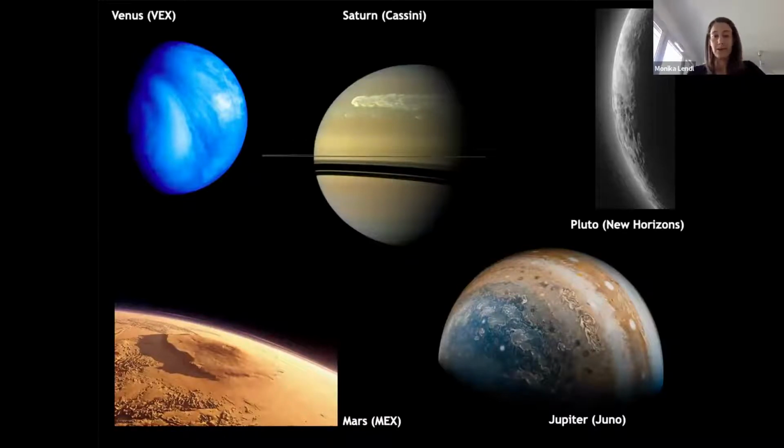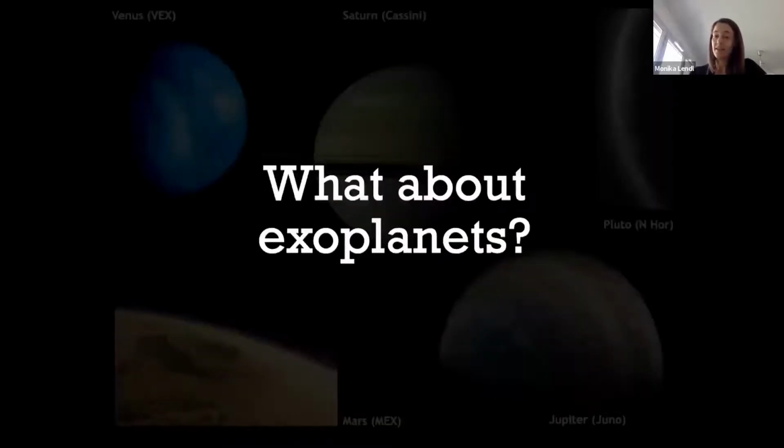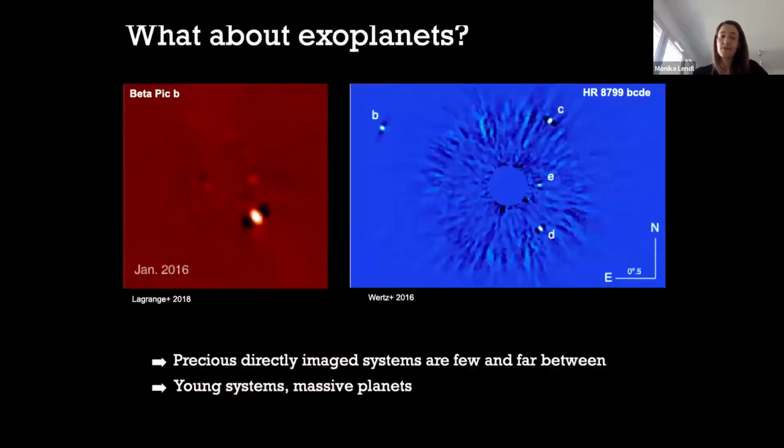Now, of course, we all know that the solar system isn't the only solar system out there, but there are many exoplanets. And so I'm gonna talk a little bit about what we can learn about exoplanets. So for exoplanets, the best thing we can do about imaging is about what you can see here. There are a handful of planetary systems that have been imaged directly. These are very complicated observations, and at the current state of the technical possibilities,